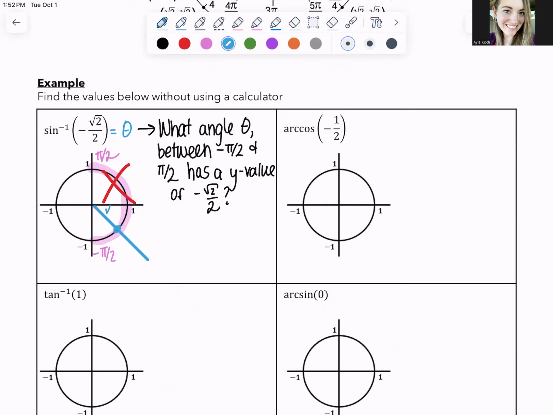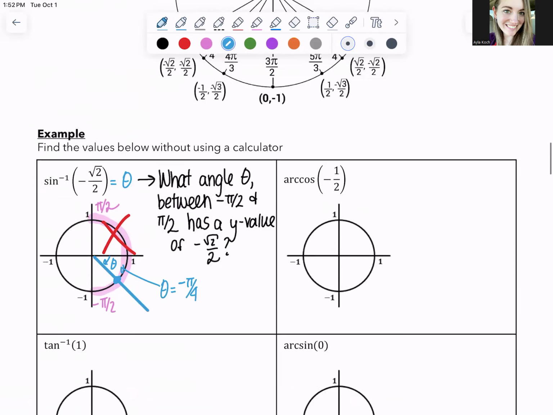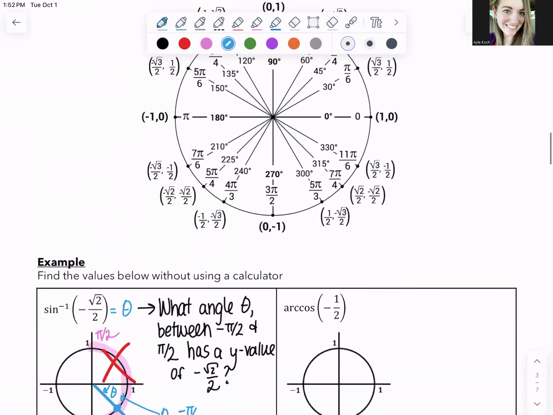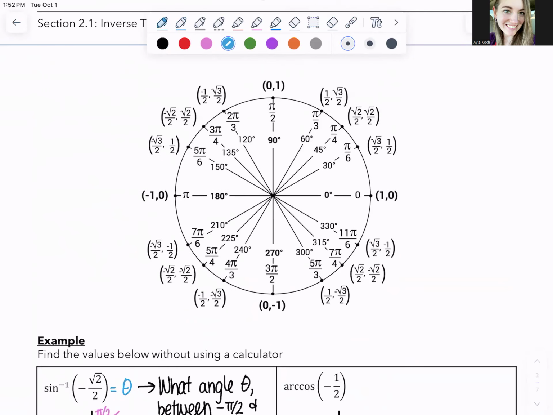So this right here is -pi/4. That's really impossible to read. I'll just write theta. Theta equals -pi/4. If I look at this unit circle up here real quick,